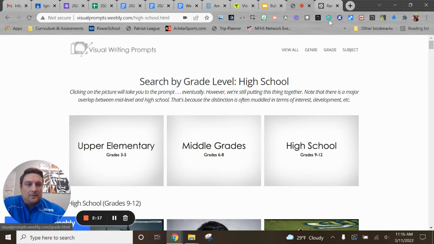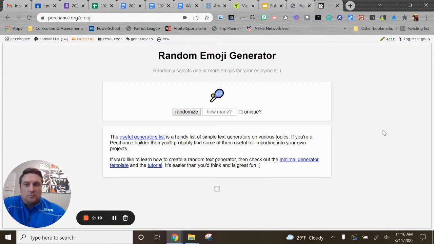So we've got that. The second one in terms of visual writing prompts that I really like, and we've used in several classrooms, and this can be used in younger classrooms as well, is a random emoji generator. There's lots of these out here. This one I like a lot just because you can say how many you want, and this is a good way to differentiate, especially with younger kids,